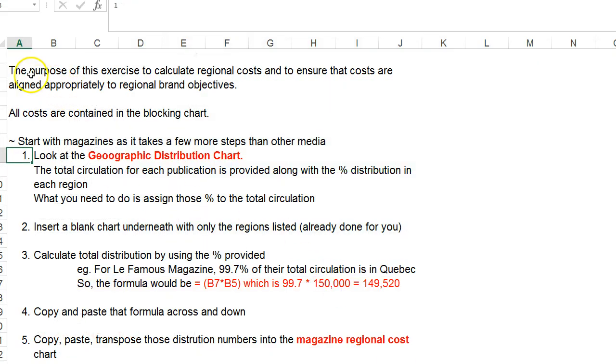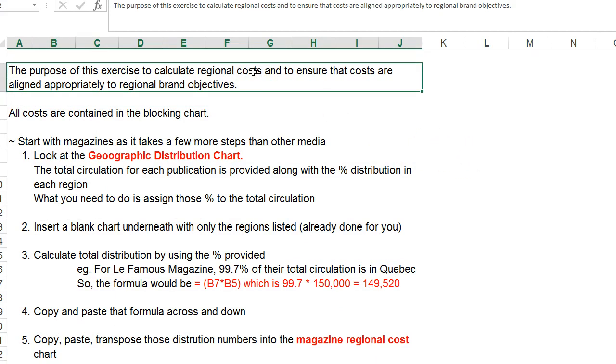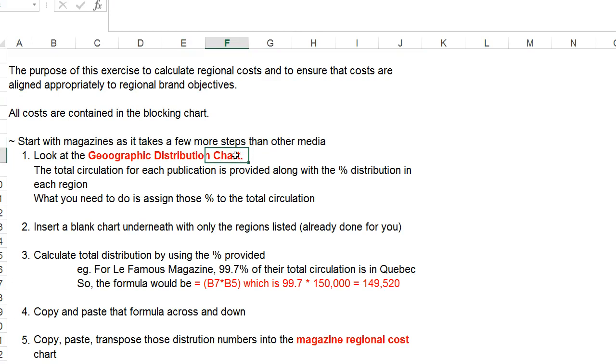It tells us the purpose of this exercise is to calculate the regional costs and to ensure that costs are aligned appropriately to the regional brand objectives. All costs that you need are in the blocking chart. So we're going to start with magazines, and the first thing we need to do is go to the geographic